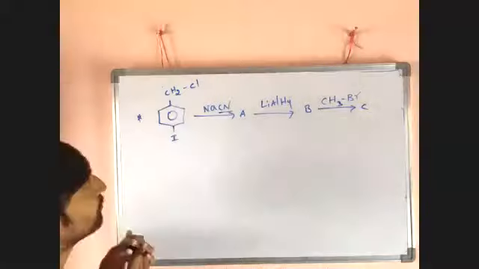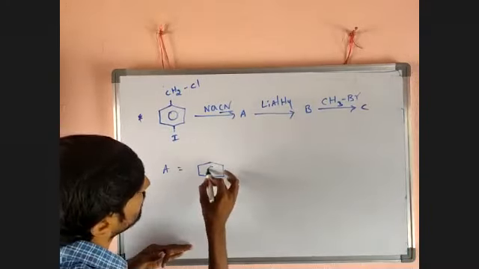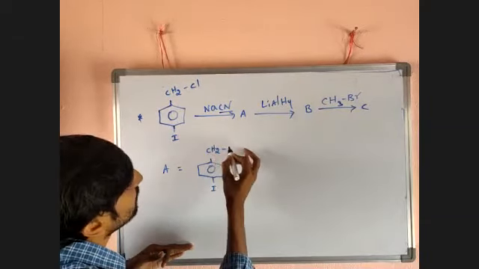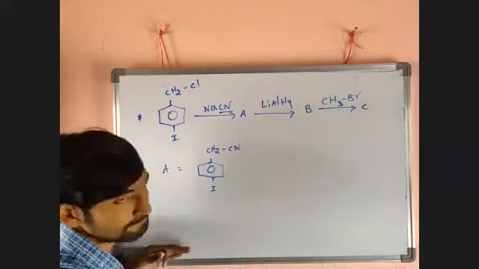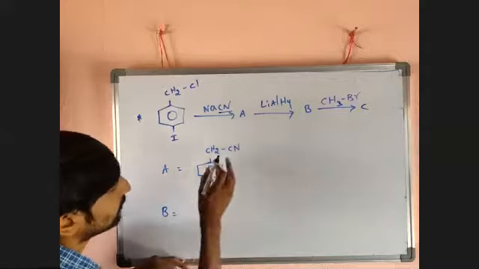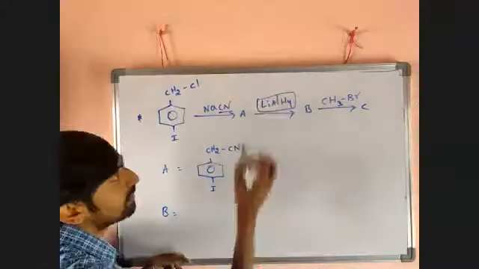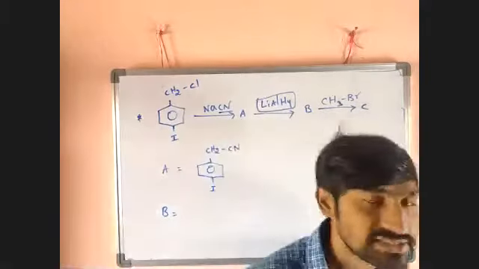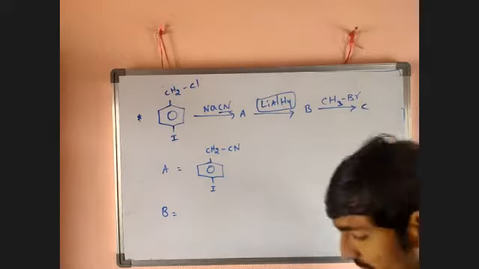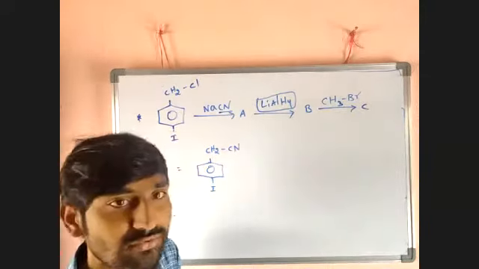The questions like this are important. So by A, what do we get? A benzene ring remains there, there I we will get, there CH2, and there we will get CN. Okay. LiAlH4 next. We want to treat that one with LiAlH4. So what is LiAlH4's duty? LiAlH4's duty is reduction. Reduction means addition of hydrogen or elimination of oxygen.